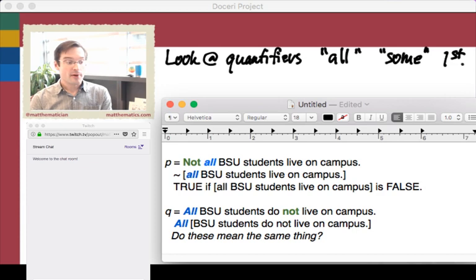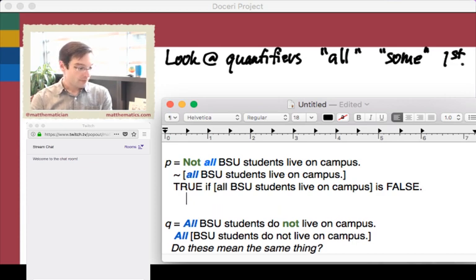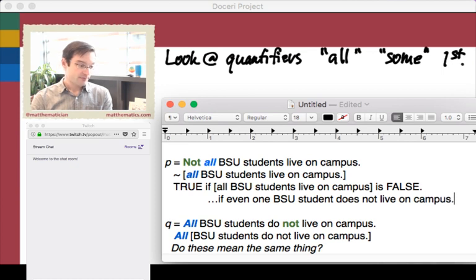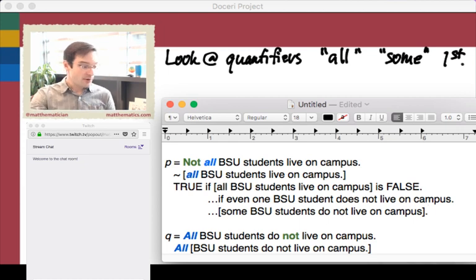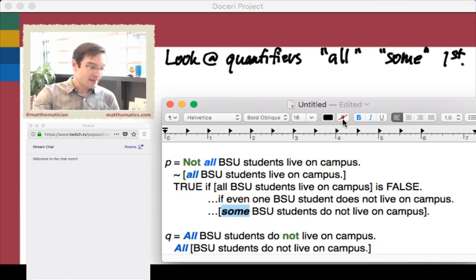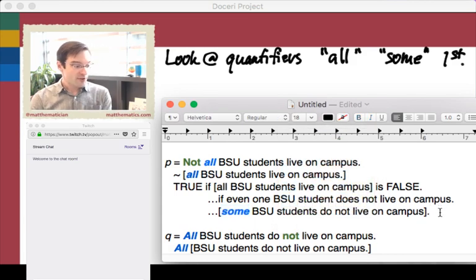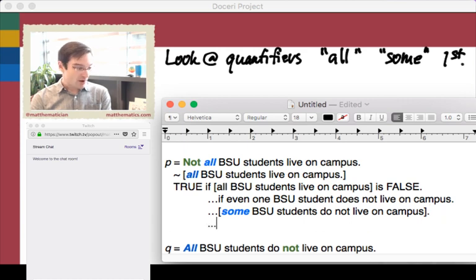But now we can go back to what we talked about on Monday. That statement is false if even one BSU student does not live on campus. In other words, this is true if the statement, some BSU students do not live on campus, is true. Right? And what you'll notice is that the word some has popped up here, and some is also a logical quantifier. It's the existential quantifier. Right? So to prove that this statement is wrong, to prove that P is true, all I need to do is find